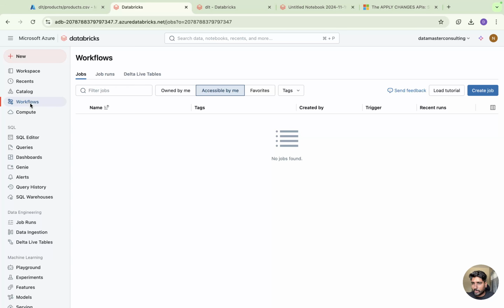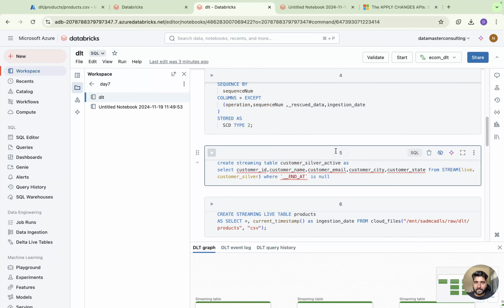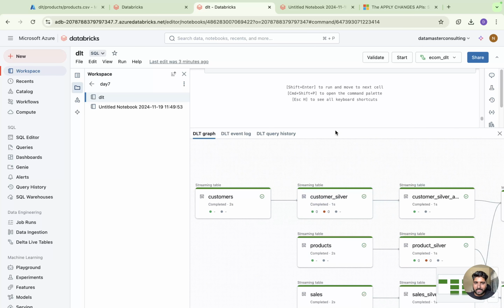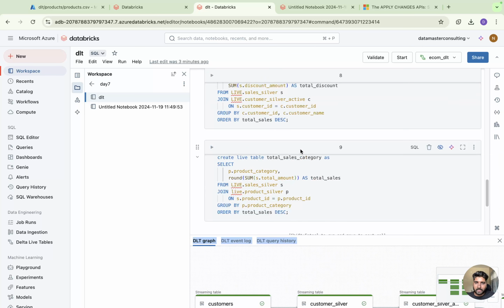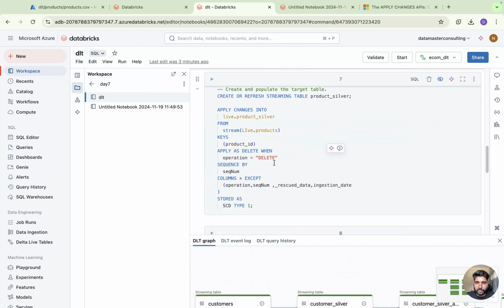So now I'll just go to the workflow. We have done all the development here. So we have 9 command lines. There are 9 tables in it. Each command line took one table. You can just put all that in one cell also, but it becomes easy for us to track the errors